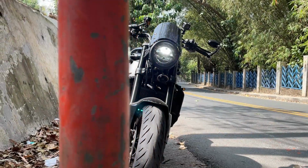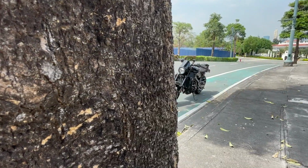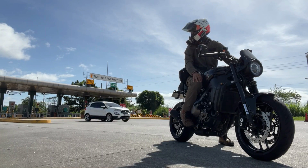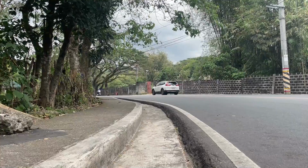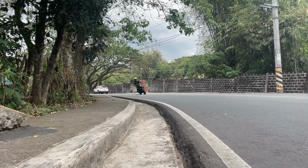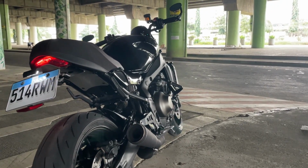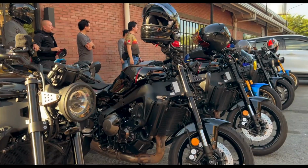The XSR 900 stands as a testament to that unmistakable union of timeless retro design and cutting-edge performance. From the moment you lay eyes on the XSR 900, its captivating neo-retro aesthetics command attention. Nakakabali ng leg, ika nga. Every line and curve pays homage to its heritage, invoking a sense of nostalgia that resonates with riders who appreciate